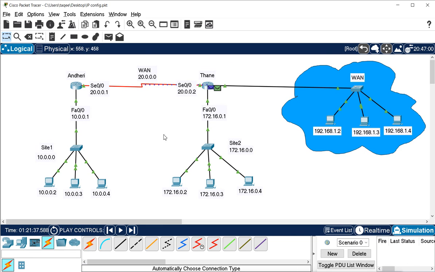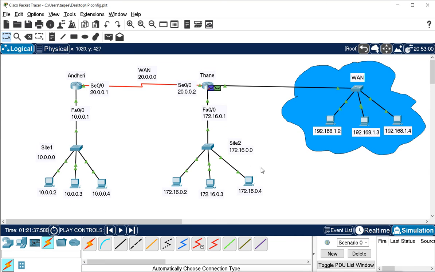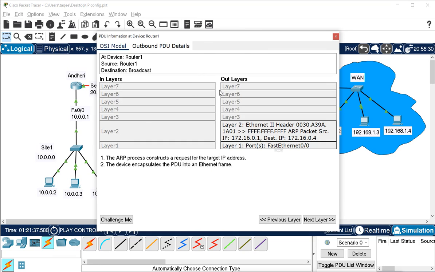Now what is happening here is that this packet is dropping here, because our router does not know this machine's MAC address. It does not know the MAC address, but it wants to send the packet. So first it sends the ARP request. This is the ARP packet to get the MAC address, and it is a broadcast packet.